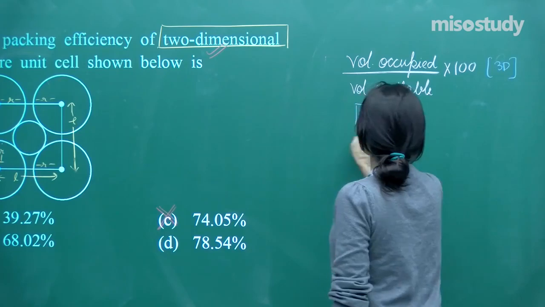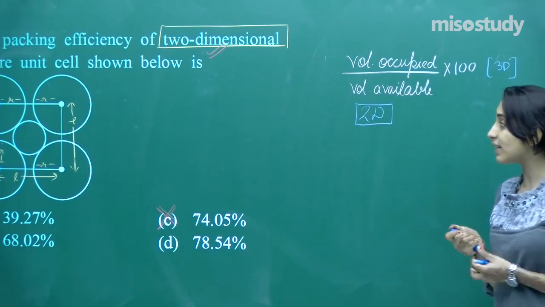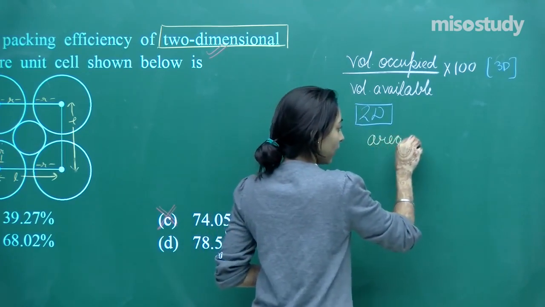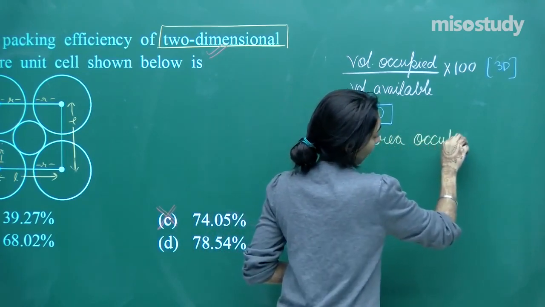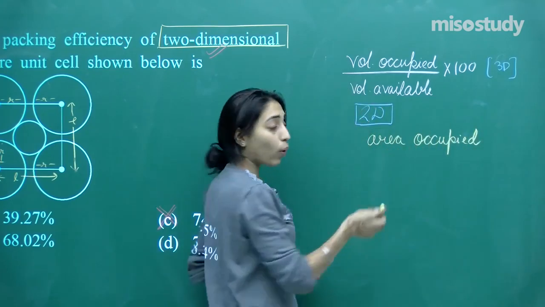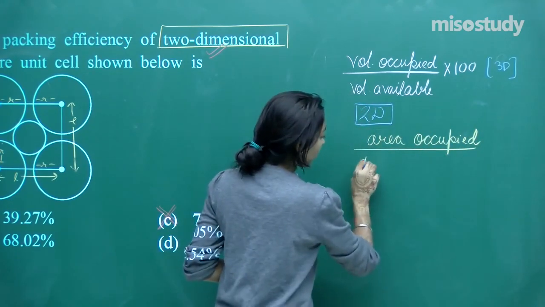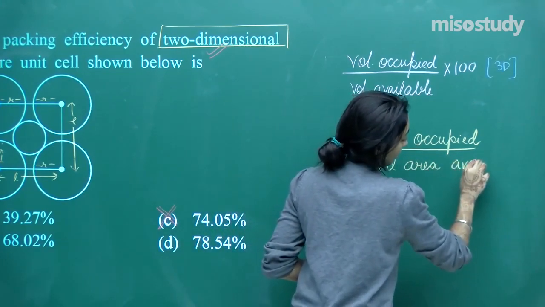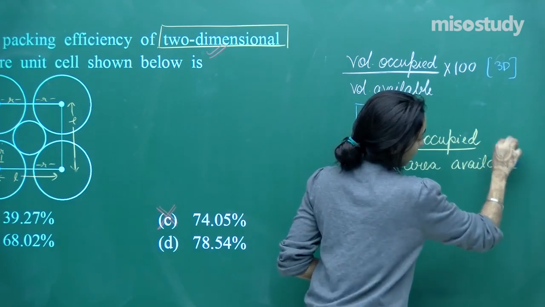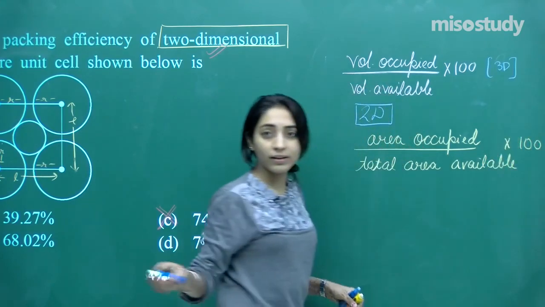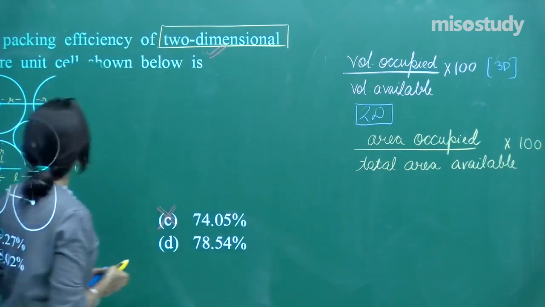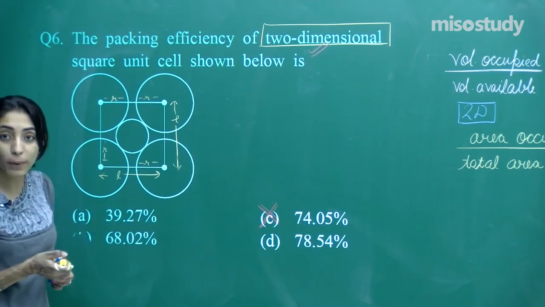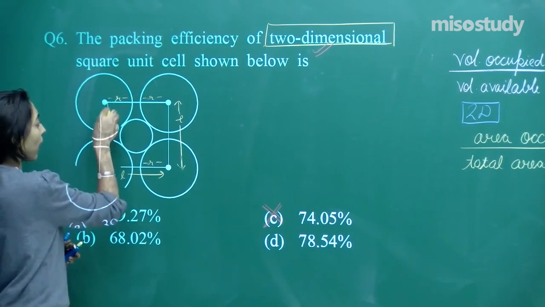And for 2-dimensional square close packing, you can simply say that the packing efficiency is written as the area occupied divided by the total area available, multiplied by 100. That's it. Now let us see. So this is the figure which is given to us. How to figure out the area occupied? Don't you think the area occupied will be